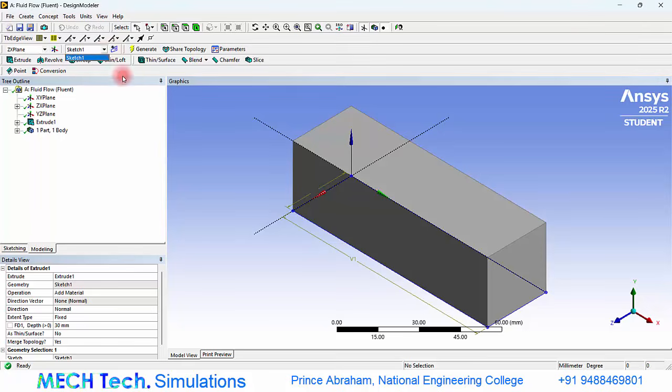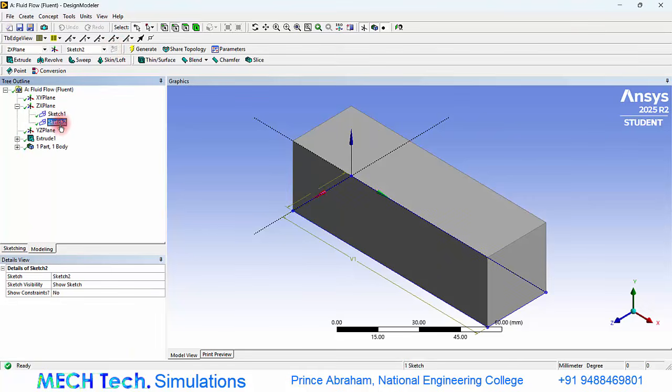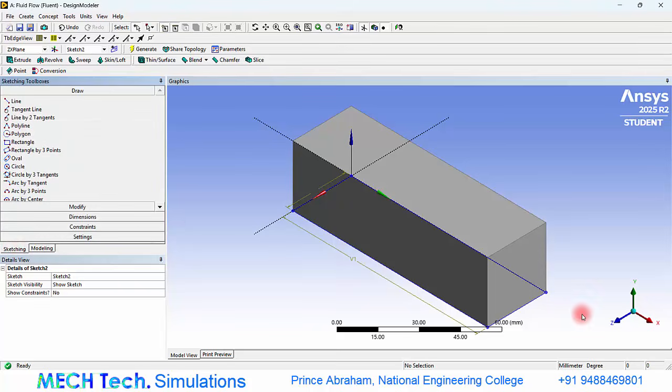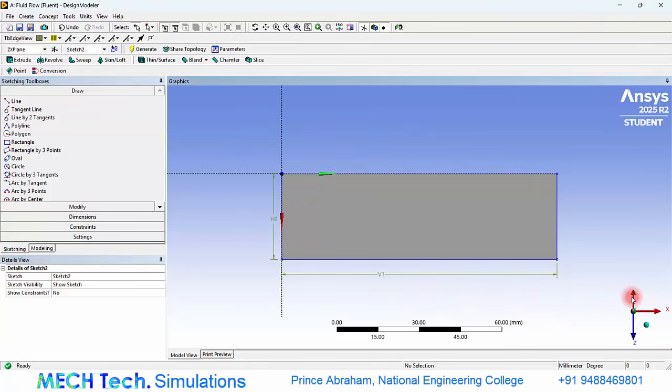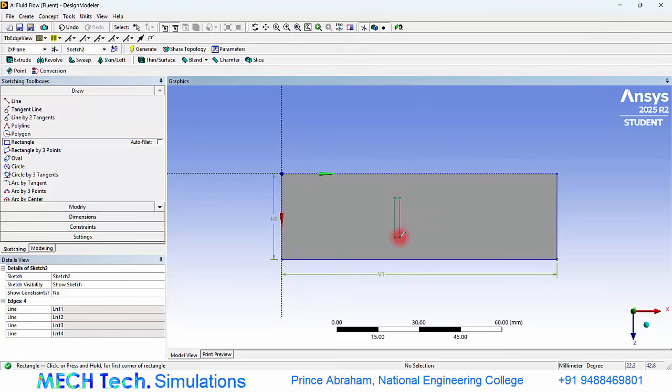Click the sketch icon, just aside the sketch 1, and the sketch 2 create another sketch. So this particular domain acts as a fluid domain where the fluid enters from here and leaves out here. So let us introduce a flat plate inside that. So now we have created sketching, and go to the y-axis and click a rectangle and draw a rectangle over here,